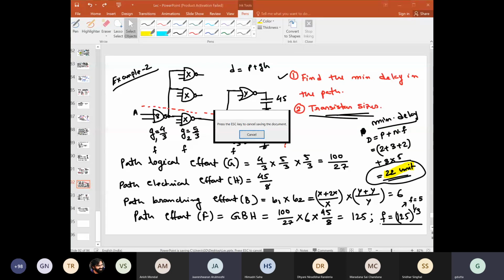Sir, in all these cases, we had been given a value like 8 for the first inverter, which was the effective capacitor sizing, the input capacitance, right? Sir, but what happens if they don't give it and they tell us to do it with an actual value of input capacitance?